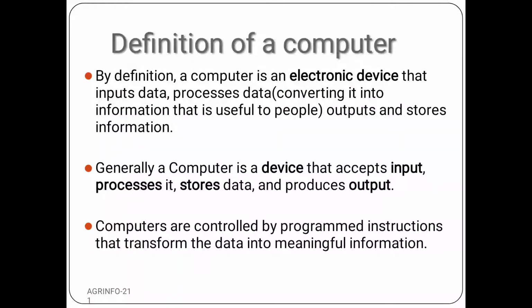Definition of computer. By definition, a computer is an electronic device that inputs data, processes data, outputs and stores information. Generally, a computer is a device that accepts input, processes it, stores data and produces output. A computer is controlled by programs and instructions that transform the data into